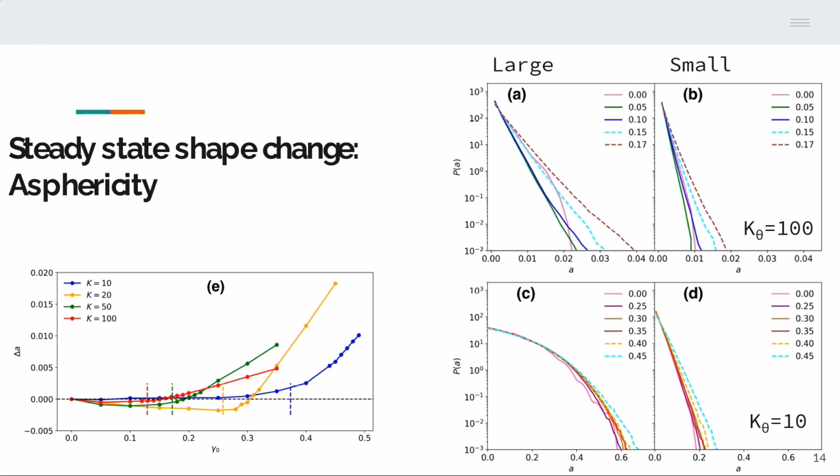where we have delta A versus gamma 0. Delta A is the difference in asphericity compared to the unsheared case, and here we see that initially there is a decrease. Delta A has a negative value, which means that the asphericity is actually decreasing, which we think is because of annealing. Shrikant has talked about this annealing under oscillatory shear. After some time delta A increases again, and we see that beyond the threshold values the increase is quite sharp.